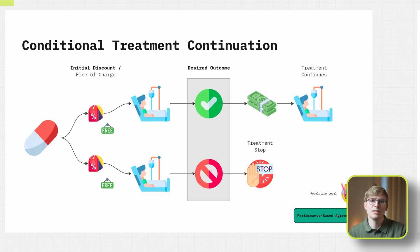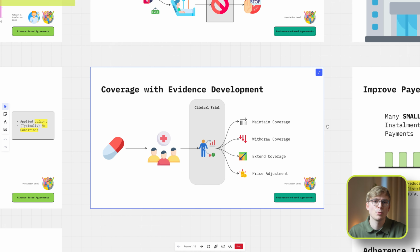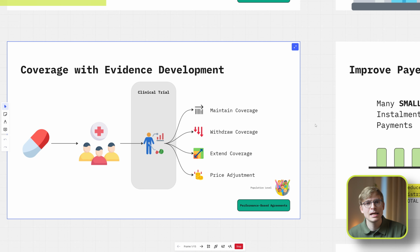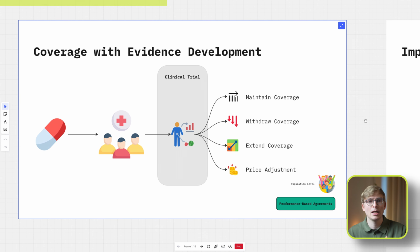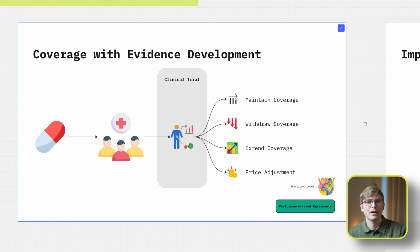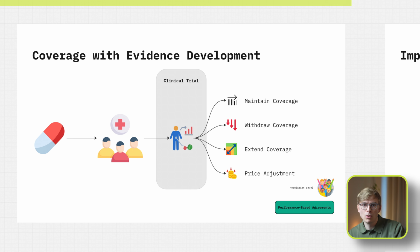The last mechanism in the performance-based managed entry agreement category includes coverage with evidence development. As the name suggests, these agreements require that the drug manufacturer collects additional data, for example, in a clinical trial that informs the use of the medical product in the payer population. Based on the outcomes of this study, the payer then may maintain, withdraw, or extend coverage of the new intervention